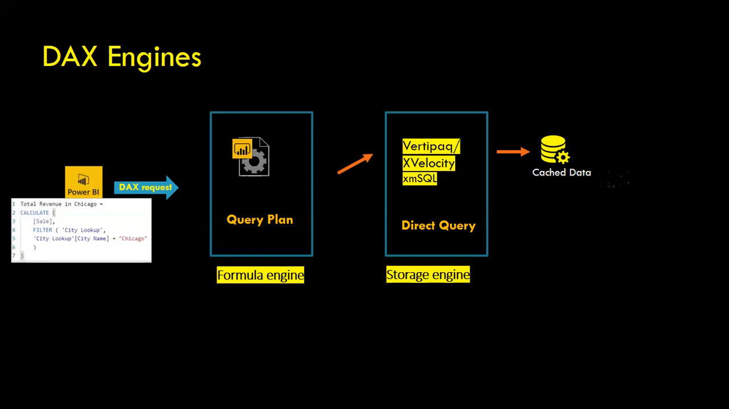It's kind of a map, the Google map. The query plan is kind of a Google map. You just think that way. Okay. The formula engine, in simple terms, accepts your DAX query and processes the query and generates the